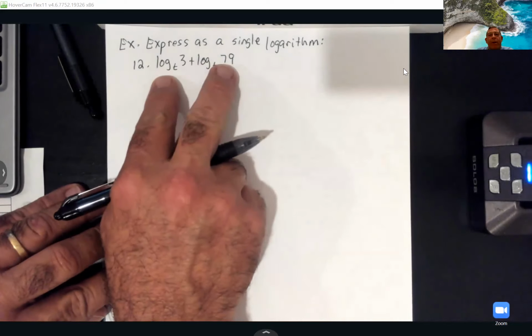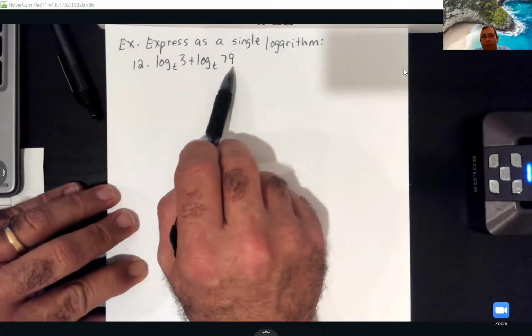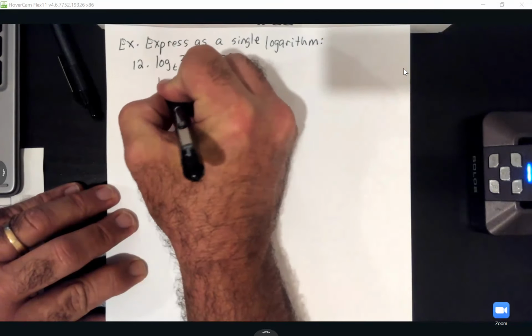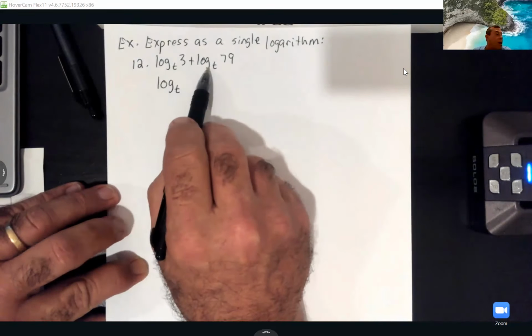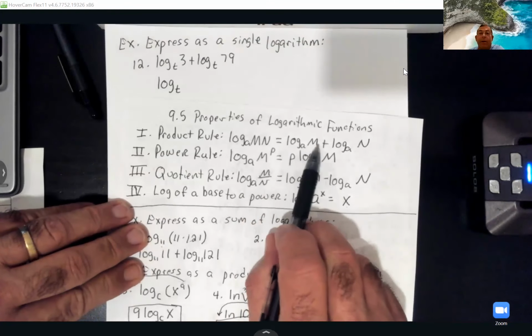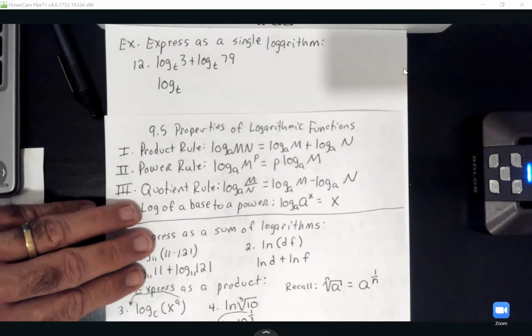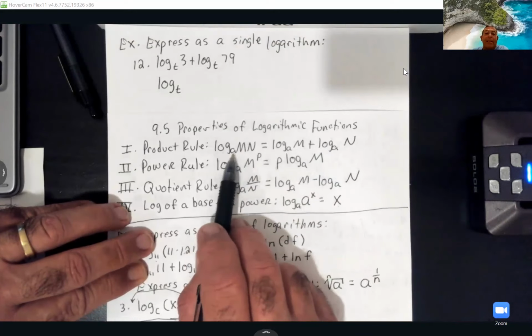So to go in reverse, we're going to have to write this as a product. So we would have, huh? So you subtracted? Oh, no, we're going to rewrite them as a product. Because remember, I'm going in reverse of this rule right here, where they got 2 things being added. And remember, what I did, if I got 2 things being added, they're going to rewrite as a product